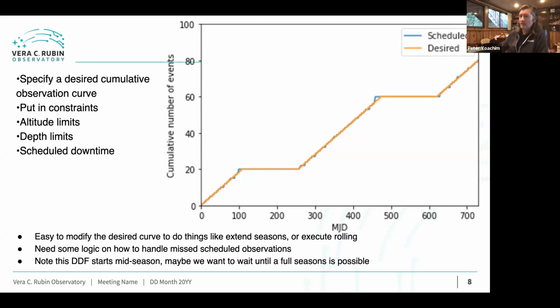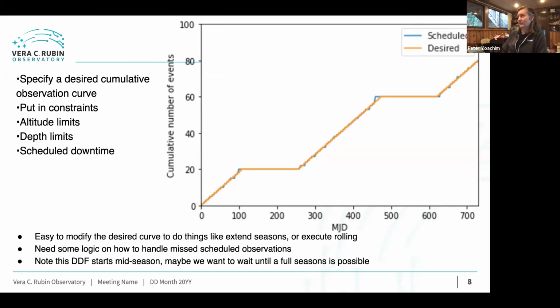And there's a question from Harry. So right now we're not taking deep drilling fields during moon time, during bright time. There's a requirement that the moon be down. So that's how we're solving the bright time problem. We could adjust the exposure times if we wanted to maintain the cadence and get deep drilling fields when the moon is up. But usually we just wait for the time of night when the moon is down. We don't take observations at full moon, and then as the moon wanes, we'll wait for it to set before hitting the deep drilling field.